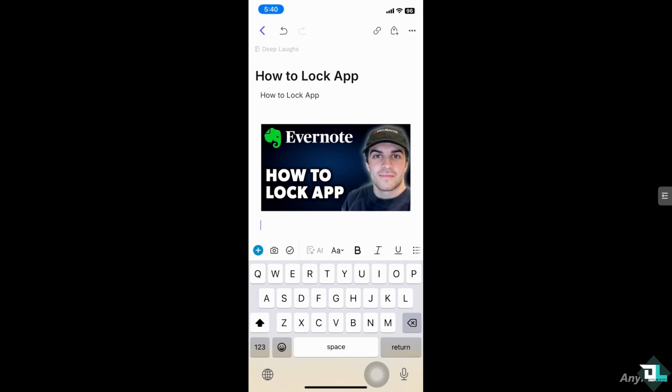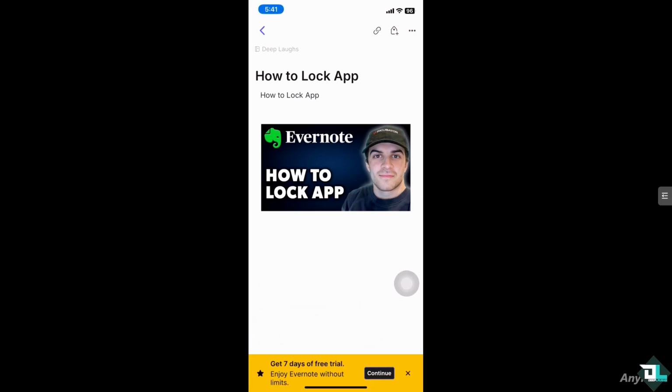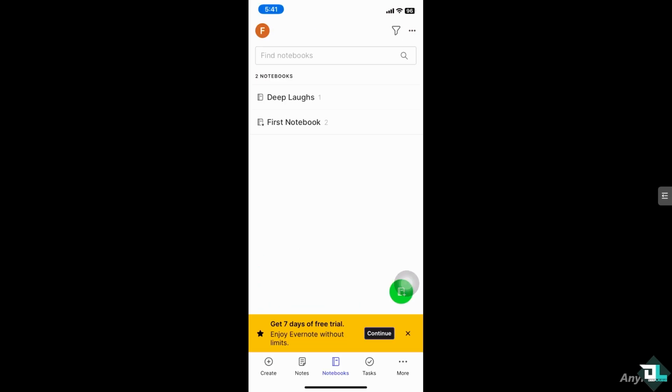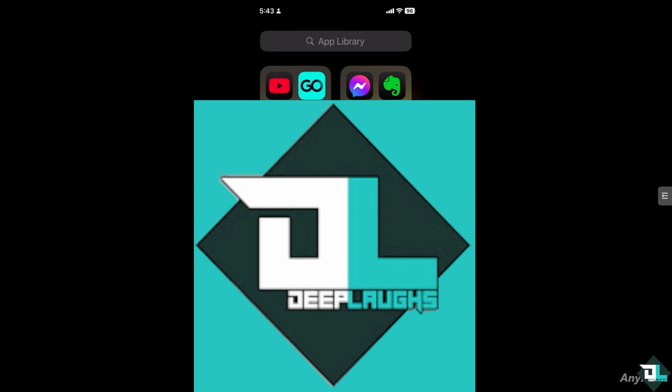Locking the Evernote app on a mobile device can help keep your notes secure, depending on which platform you are using, all right? In my case, I am using iOS, which is for iPhone and iPad. Now, I'm gonna quickly go to the homepage of my iPhone, and then once I am on the home screen of my iPhone,